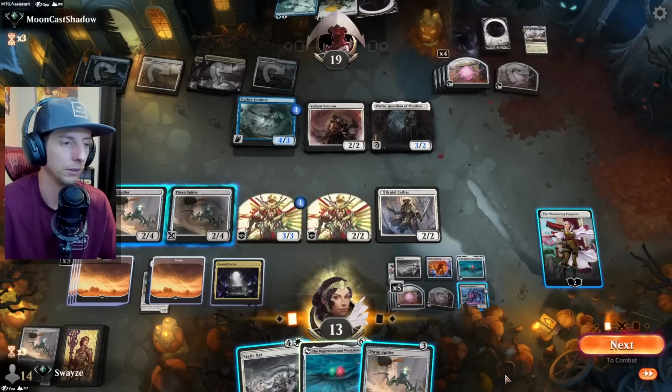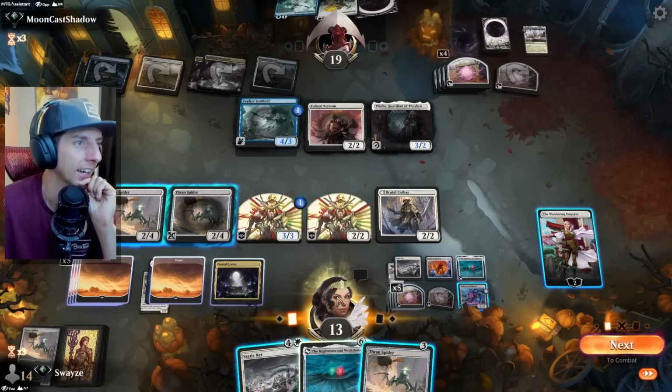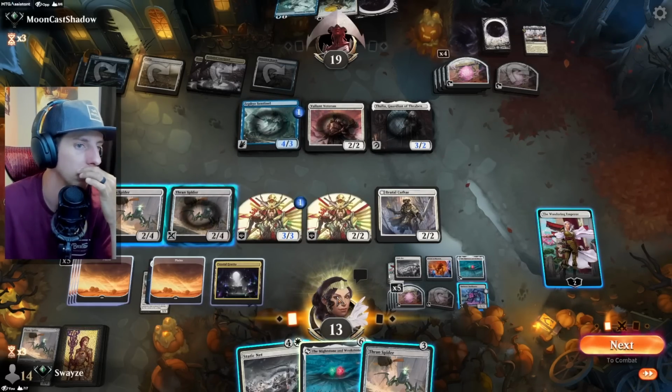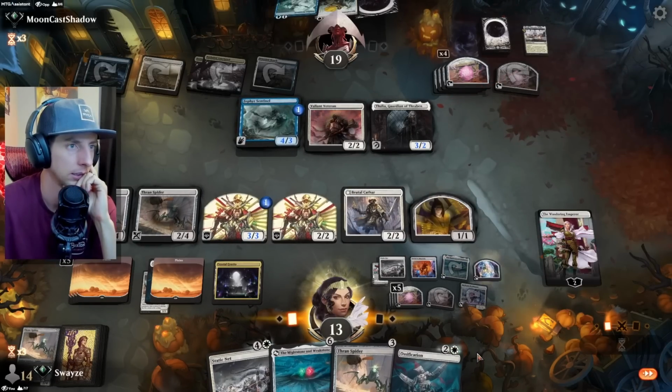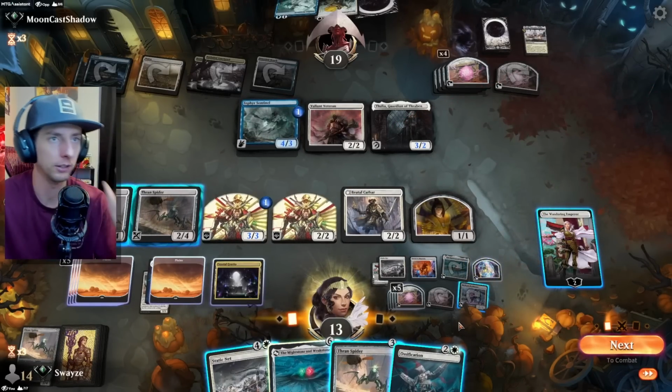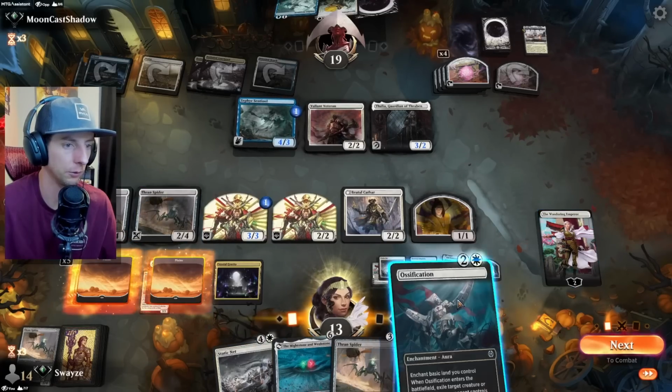I think he's done. Nope, he's not done barking. I thought he was done barking. Sorry. All right, what to do? I think to start out, let's draw a card here. I apologize. Someone just got to my house here. I don't know who it is actually, but